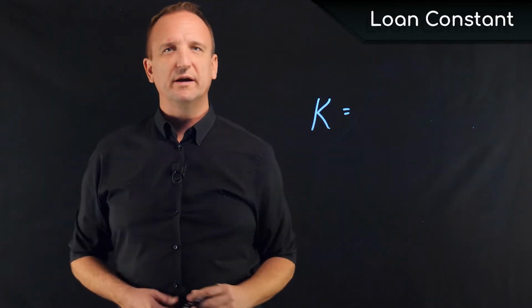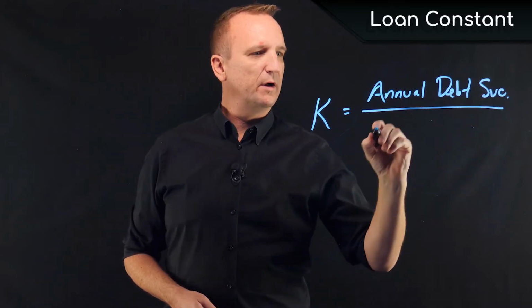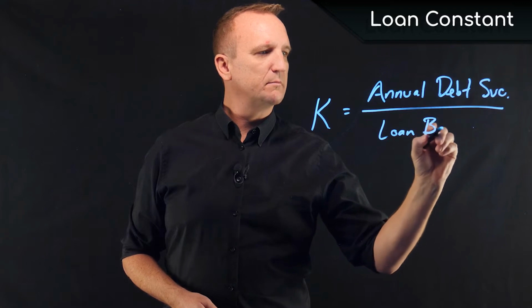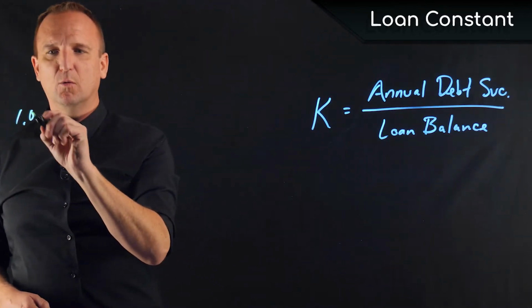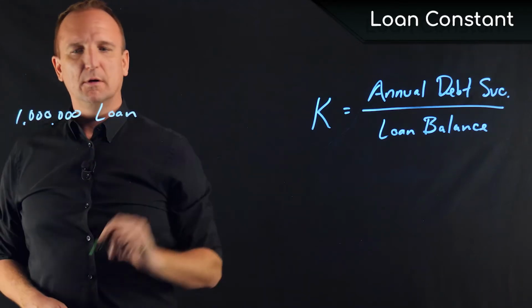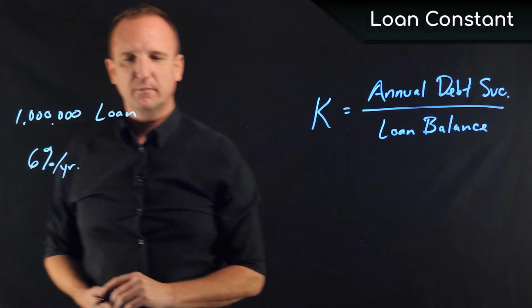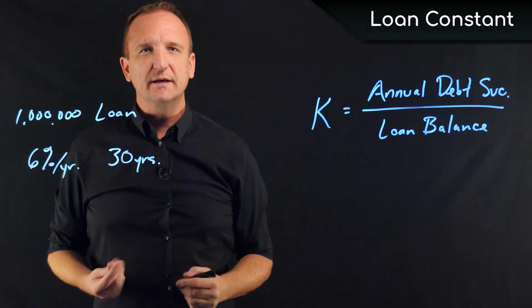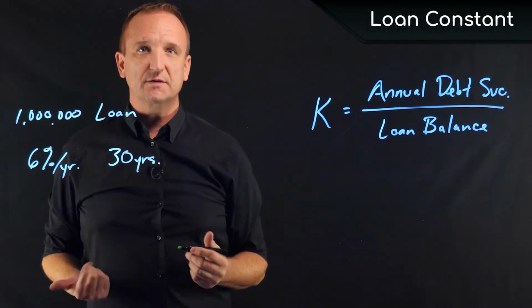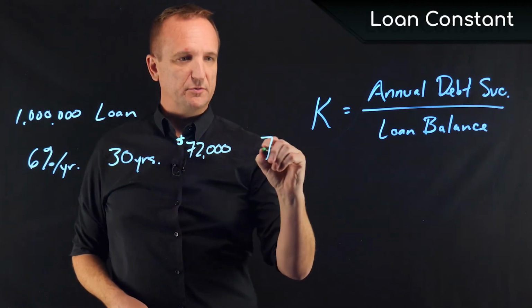Loan constant, or K as it's abbreviated, is simply the annual debt service divided by the loan balance. Let's take a look at an example. Imagine we have a $1 million loan at, say, 6% per year, amortized over 30 years. In this case, our annual debt service would be approximately $72,000 a year. Divided by $1 million, that comes to a constant of